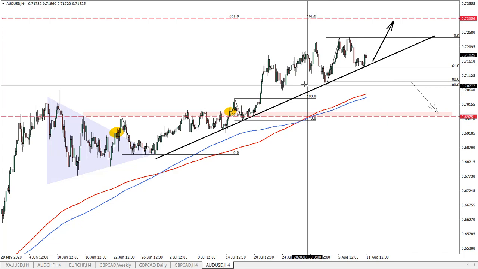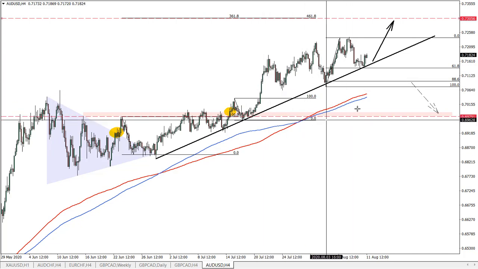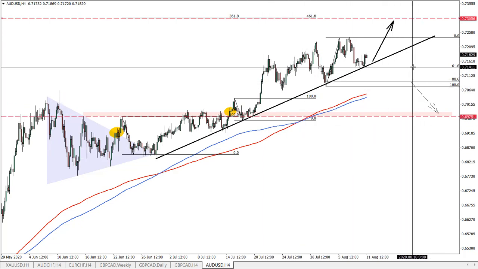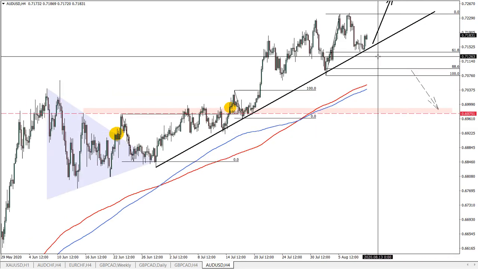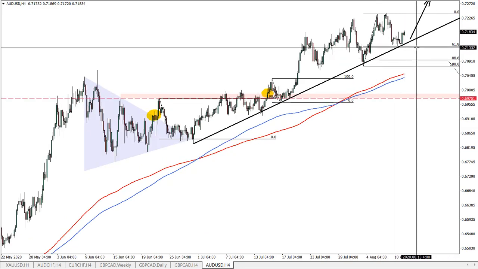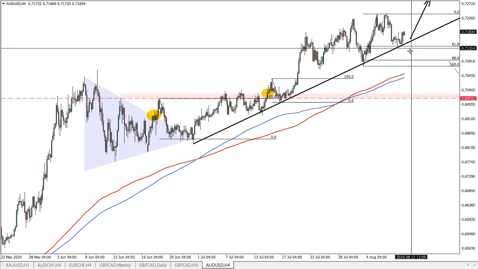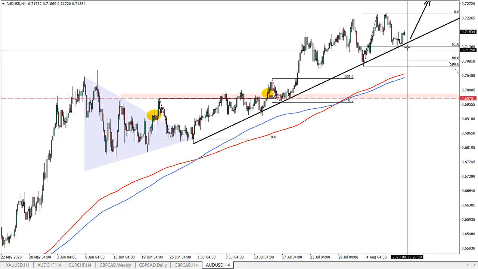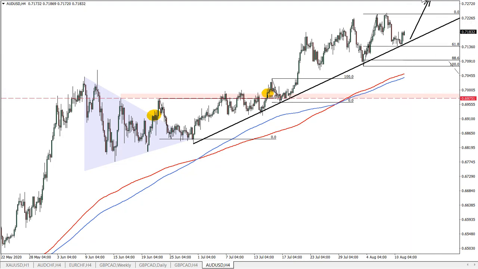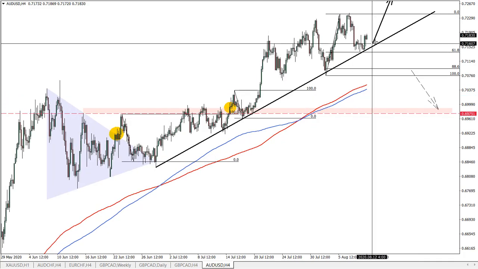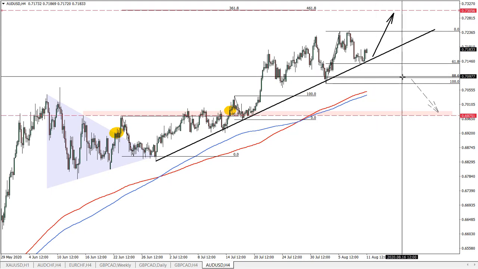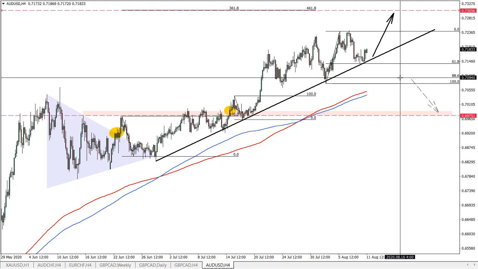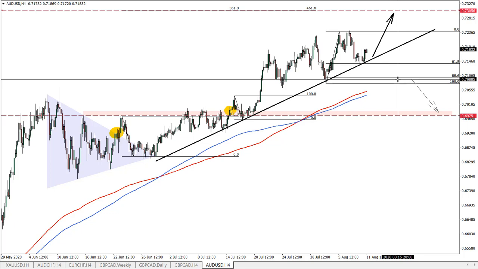In regards to the downside potential, what might happen? So here we have 61.8, and it happens that a lot of times a spike is produced below the support level. So we might expect this spike to occur, which will result in price moving below the 61.8, but it will not invalidate the bullish scenario, but it will most likely push the price towards the 88.6% fibs, which is also a psychological level which is near